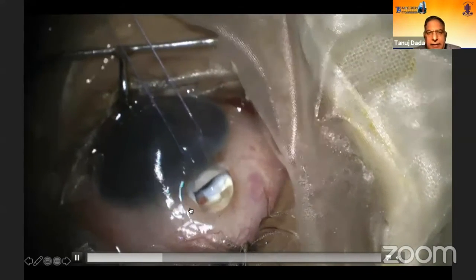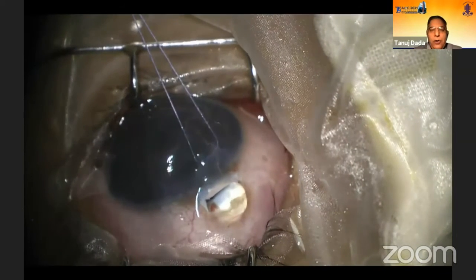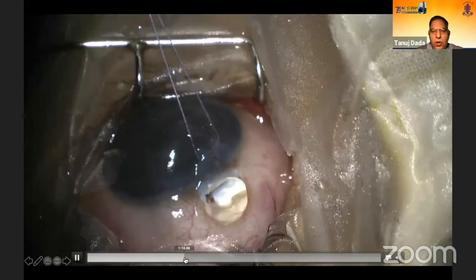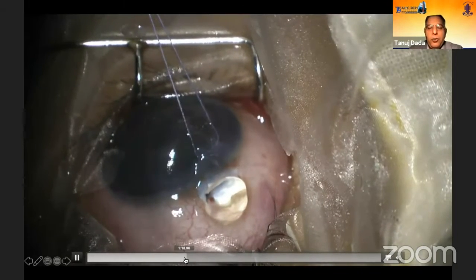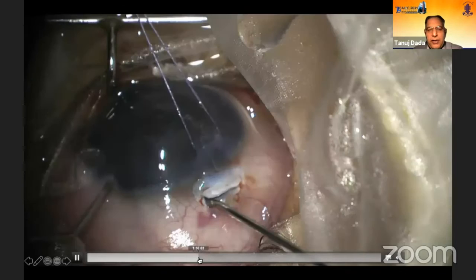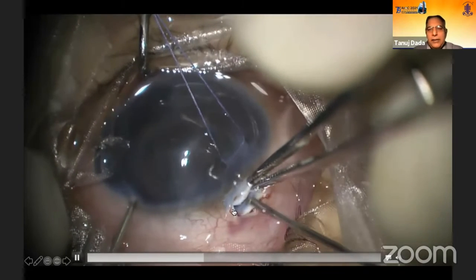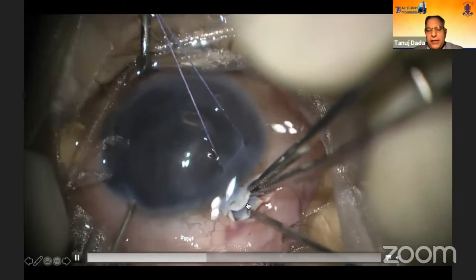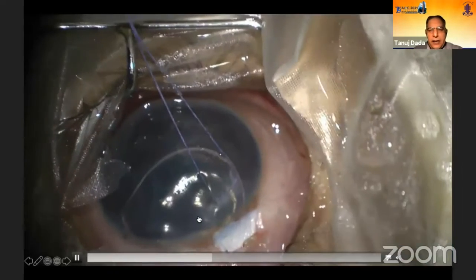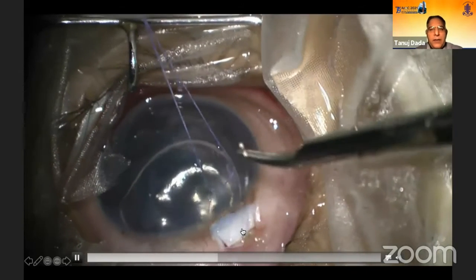So once you get vitreous, you immediately have to stop the surgery. You have to now do a vitrectomy, otherwise your vitreous is going to block the ostium. So you should always keep a vitrectomy ready even when you're doing trabeculectomy surgery, and especially for children because there the eyeball is stretched. So now you see the vitrectomy has been done with the AC maintainer on. So the entire vitreous has to be cleared from this area, and then you form the anterior chamber with air, and with triamcinolone you can check if there is any vitreous in the ostium.